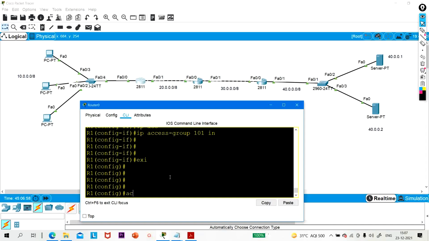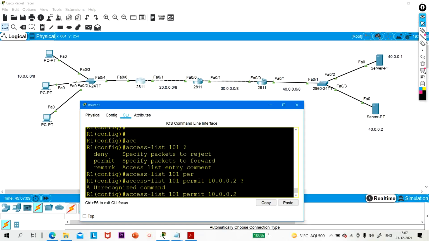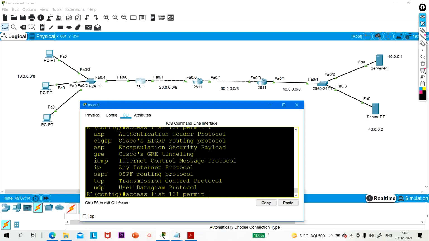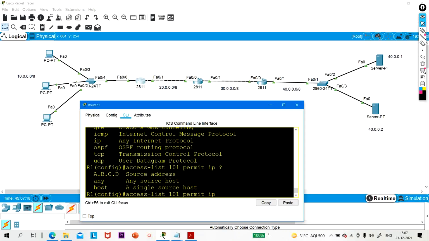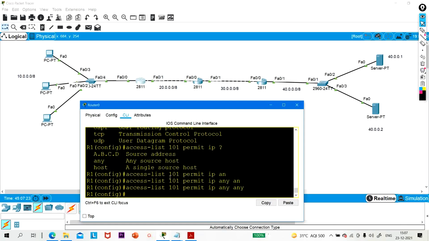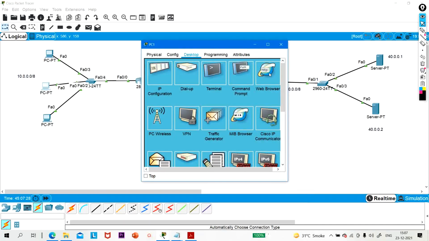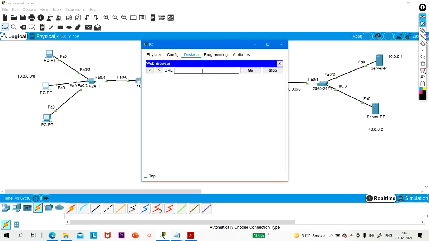Access list 101, permit 10.0.0.2. Permit IP any. Okay, so I permit all except 10.1.